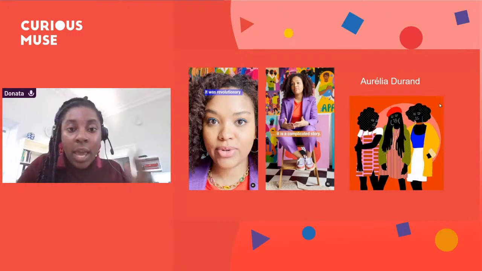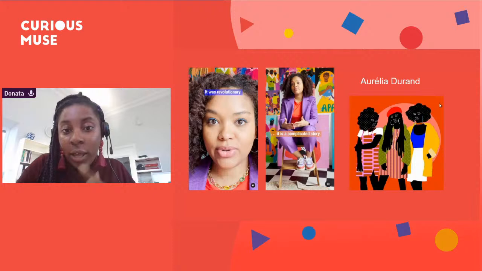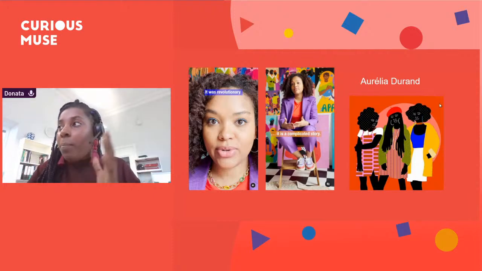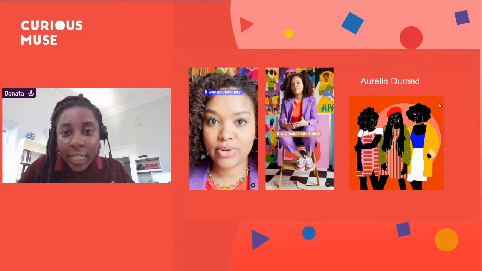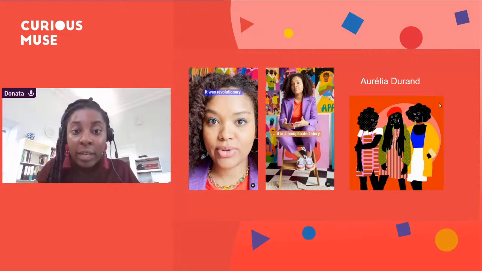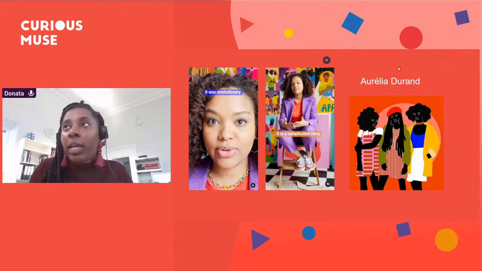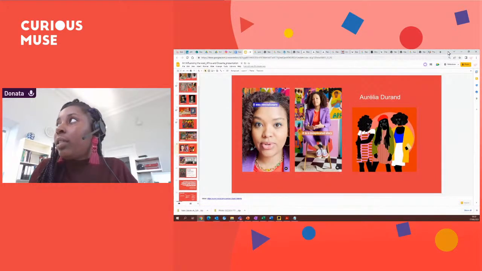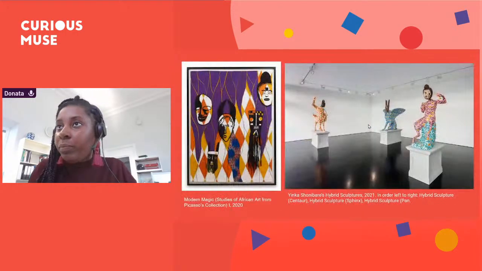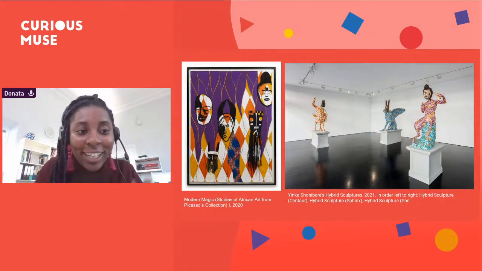And we can see between the images of Paul Gauguin on the slide before, and Aurelia Durand's work here. She's a French, she's a Belgian artist. We can see that kind of appreciation for fuller features, and for colors, and some of the things that Paul Gauguin made famous or was pioneering as he was working. So I'll just take this one away. So we have Paul Gauguin, we have Aurelia Durand.